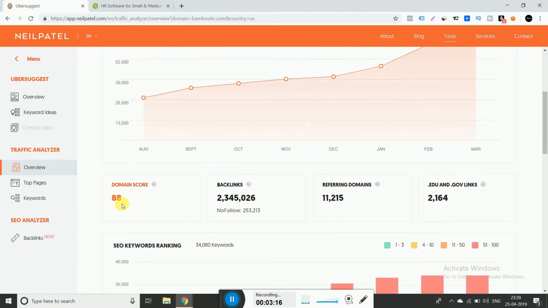Then comes the domain score. It's a score between 0 to 100, where a larger number, approximately above 50, 60, is considered as a good domain score. So bamboohr has really got a good authority in search engine. It has got around 23 lakhs backlinks with no follow backlinks of around 2,53,000. Referring domain